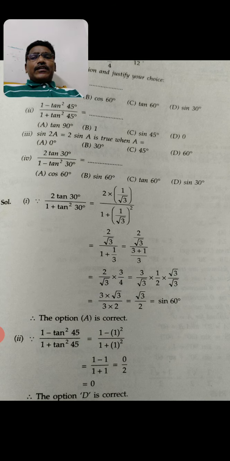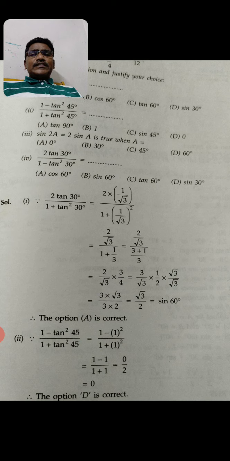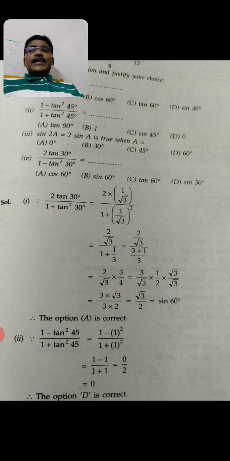If you go to another question, you can observe. Second question, 1 minus tan square 45 upon 1 plus tan square 45. You know that tan square 45 value is 1. So 1 minus 1 square upon 1 plus 1 square. So in the numerator 1 minus 1 is 0. 0 upon anything is 0. Like this you are going to compute the sum. Then afterwards it will be converted into the table also, like in the first question. So the question is going to be twisted. Directly they are not asking. So you will be careful.